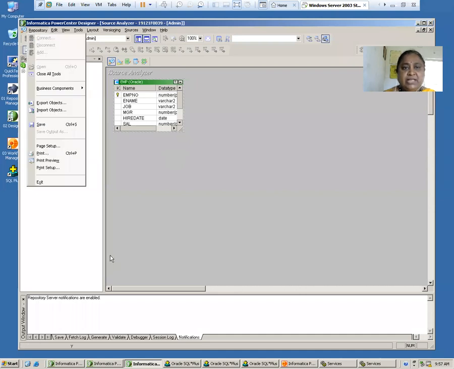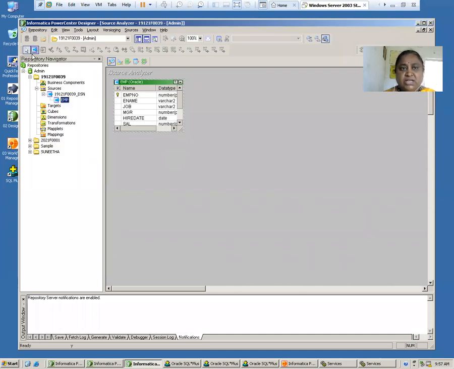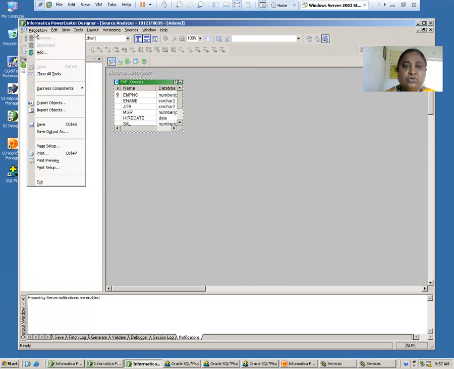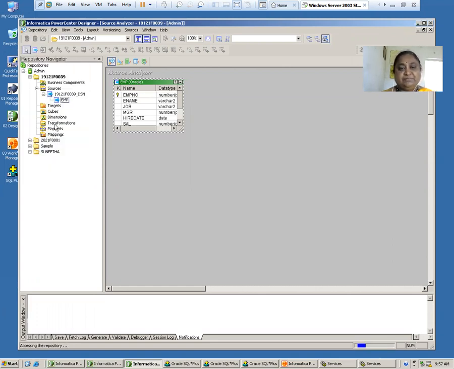As we told yesterday, this is your repository navigator, this is your workspace, and this is your output pane or output window, where I can see all the notifications of what you are doing. So I have imported your source table. What I have to do is go to the repository and click on the save button.